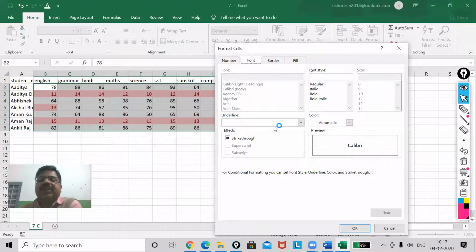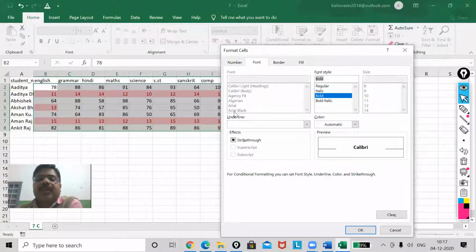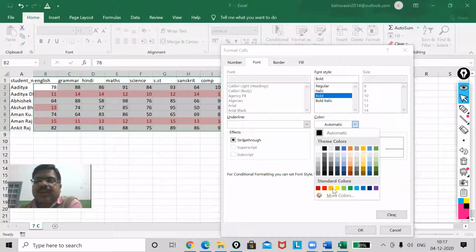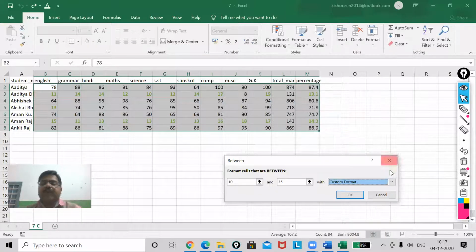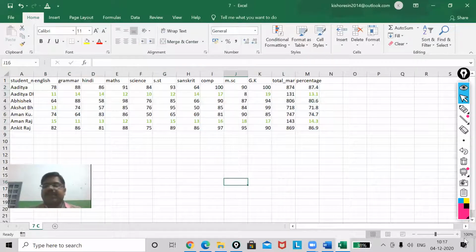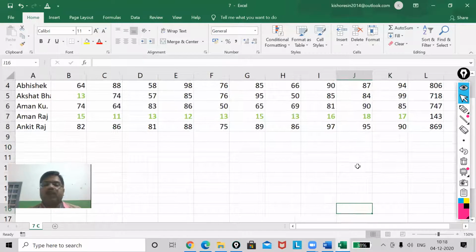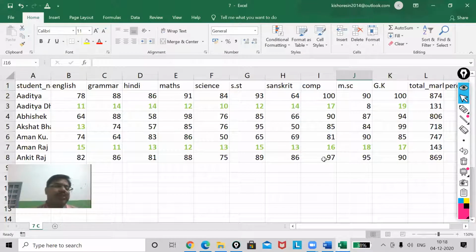Let me have some other thing. It should be bold, it should have my height. Okay, yeah. Bold color as green. Okay, and then okay. Now, okay, now you can see, my dear, you watch it carefully. Those values which are shown here with the red one, bold, these all values are between 10 and 40.